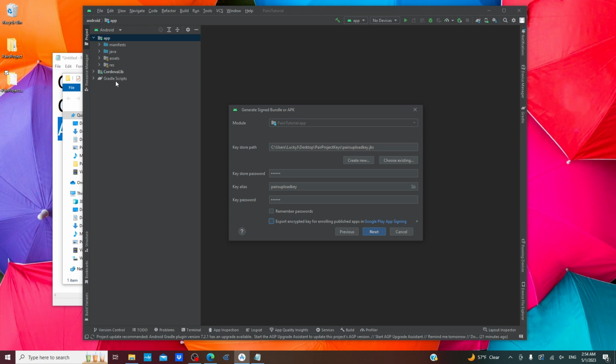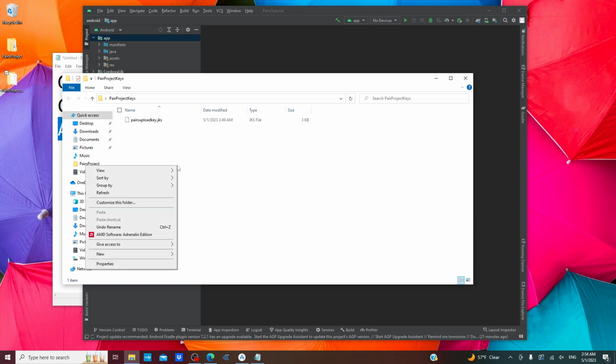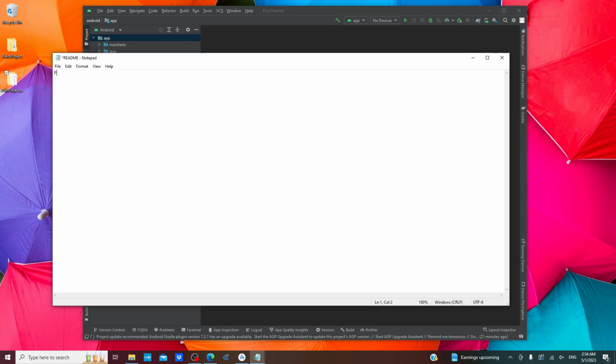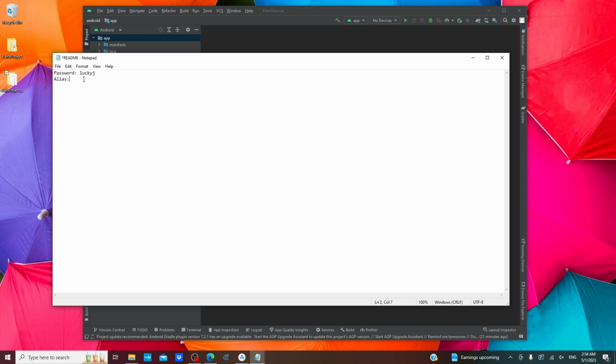And if something did go wrong and you lost this key or you couldn't remember the password, which, really quick, let me show you a simple way to remember the password. Yeah, I've already forgot the alias. Let's see. Pairs upload key. Okay, and so